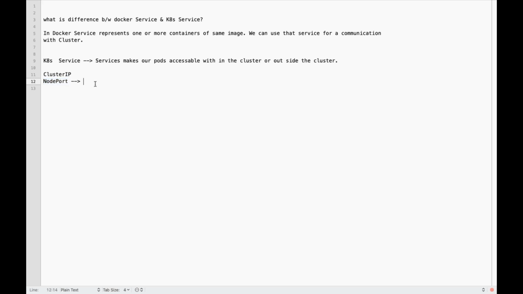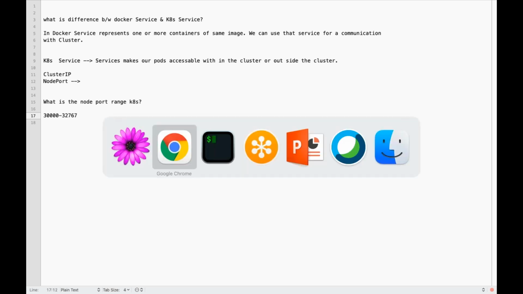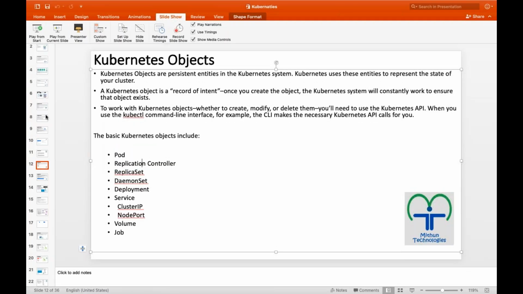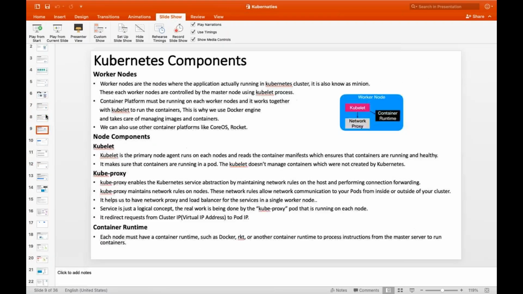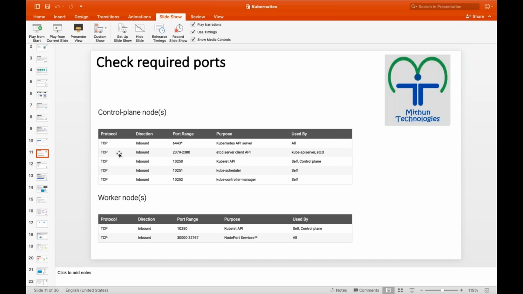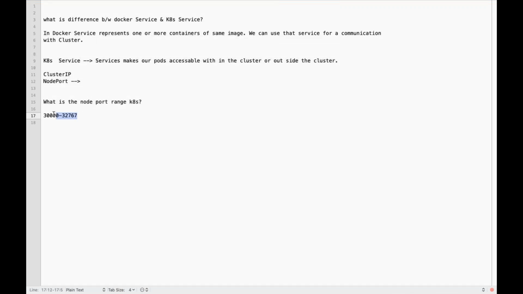And again, what is the node port range? In the interview also they'll ask this question. What is the node port range in Kubernetes? You can't use whatever you want to use. There is a range, 30,000 to 32,767, I think. Yeah, 30,000 to 32,767. This is the node port range